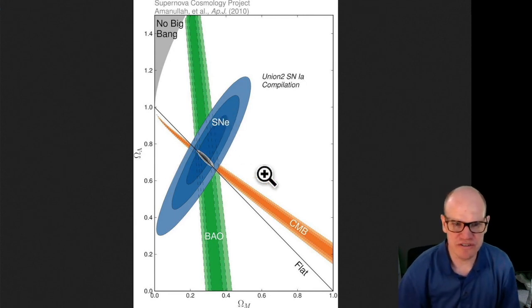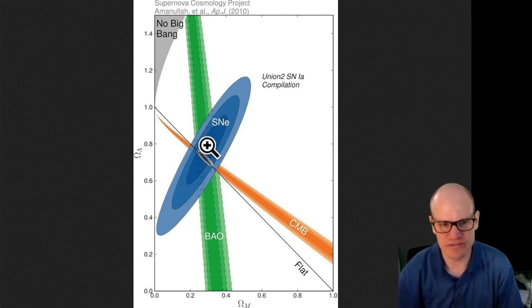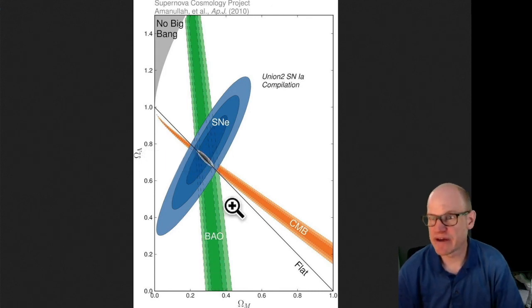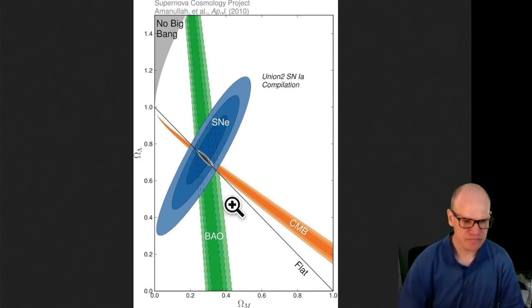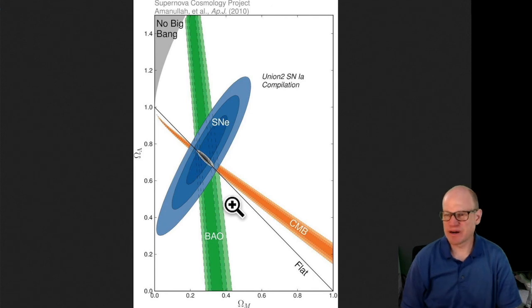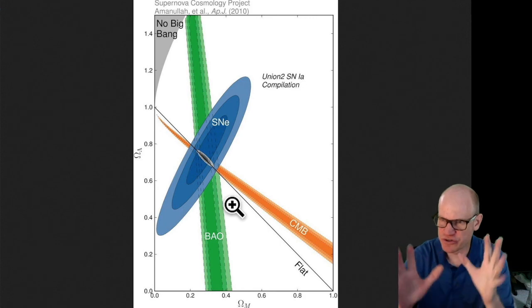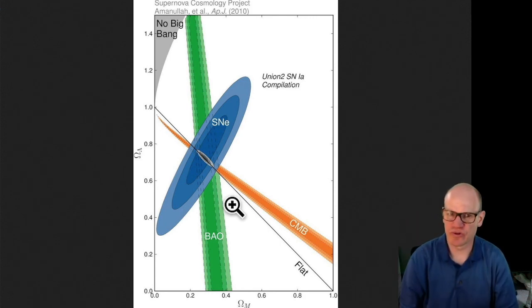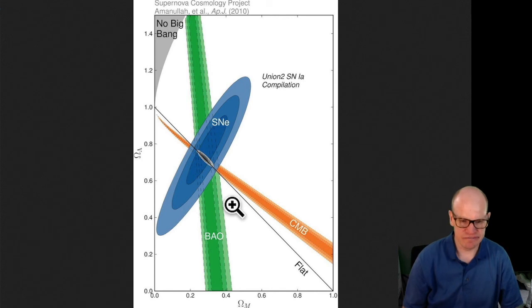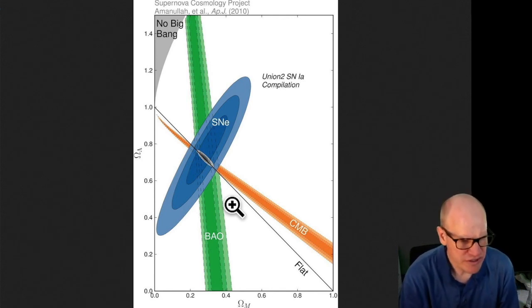And so all these three independent measurements of the properties of the universe coincide with this concordance model with about 70% dark energy and 30% matter. Matter of any form, dark matter or regular matter. So there we go. That is cosmology kind of in a nutshell. CMB and Big Bang Nucleosynthesis are the two real big benchmarks for the properties of the universe and what we can learn from them. All right, let's see. A few more questions and then I need to run.